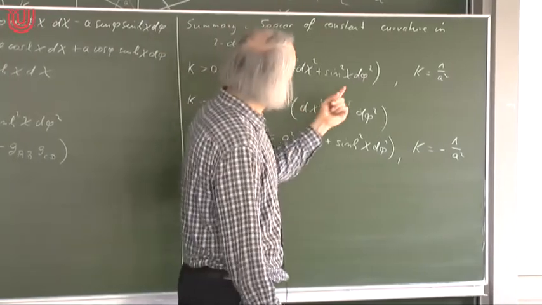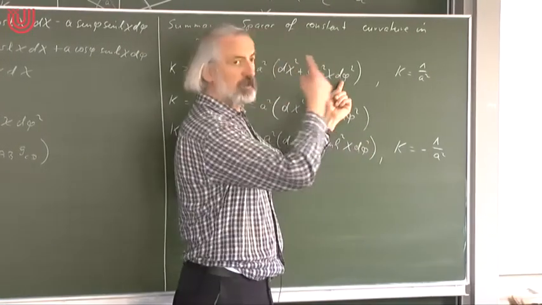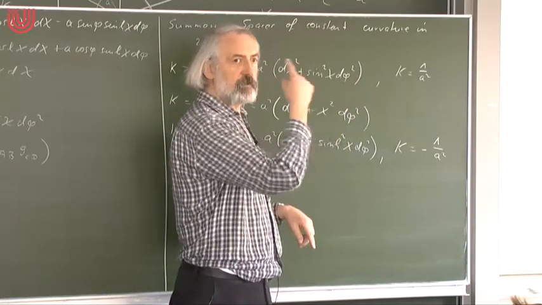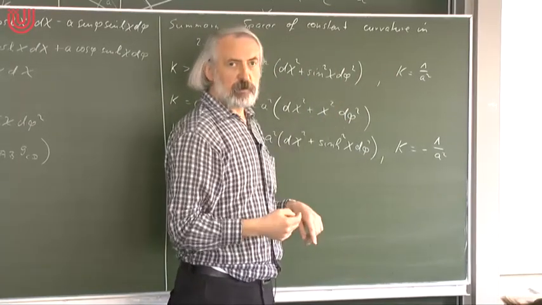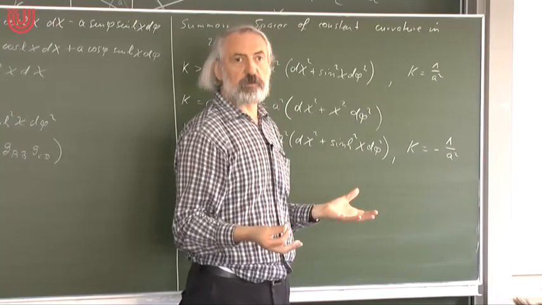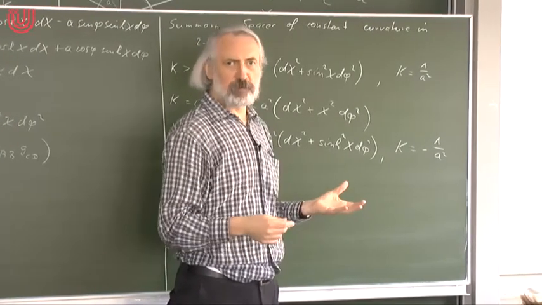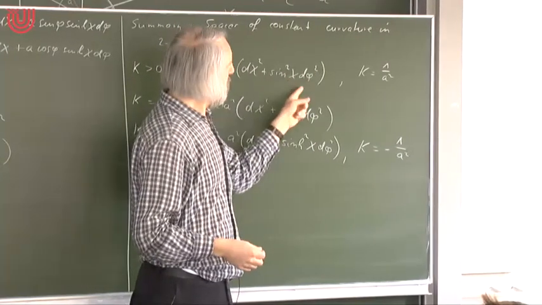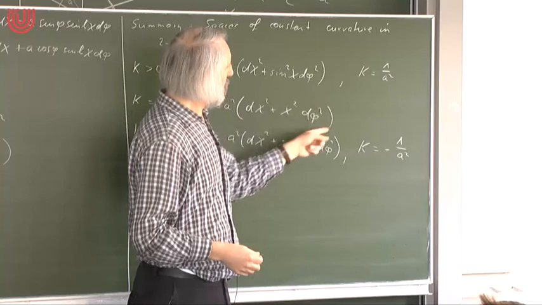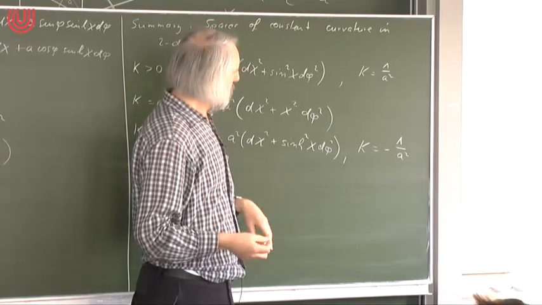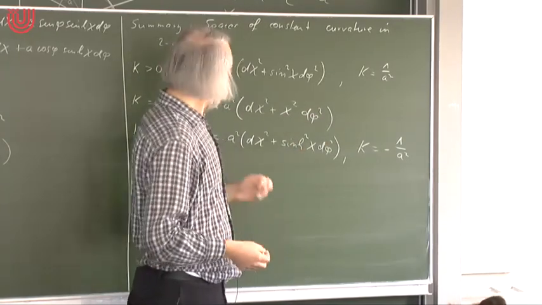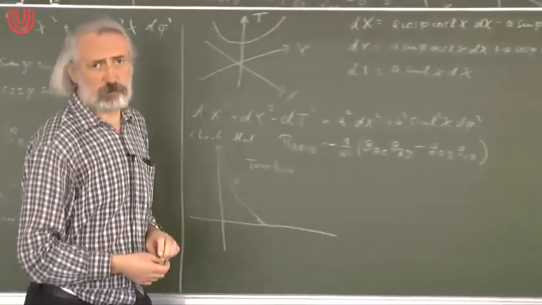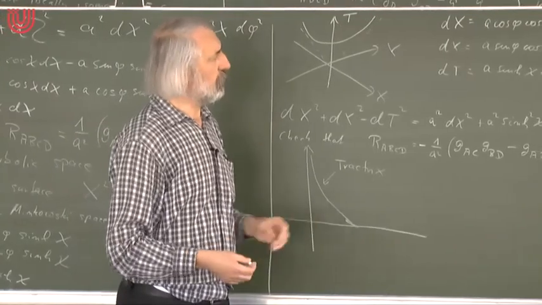The only thing you have to do is, here we have a circle parameterized by phi. And in each of these 3 examples, you have to replace the circle parameterized by phi by a whole sphere parameterized by theta and phi. That's why I reserved the symbol theta. I wanted to reserve it for these spheres. So in each case, I replace d phi squared by the standard metric on the 2-sphere. Then I get 3-dimensional space forms, and these are the spatial sections of Robertson-Walker universes,